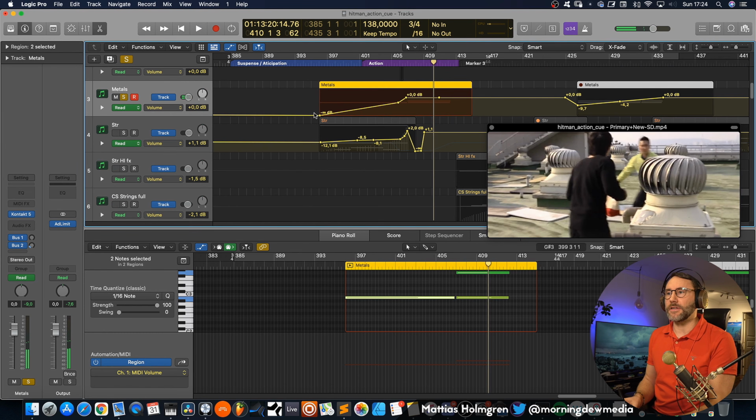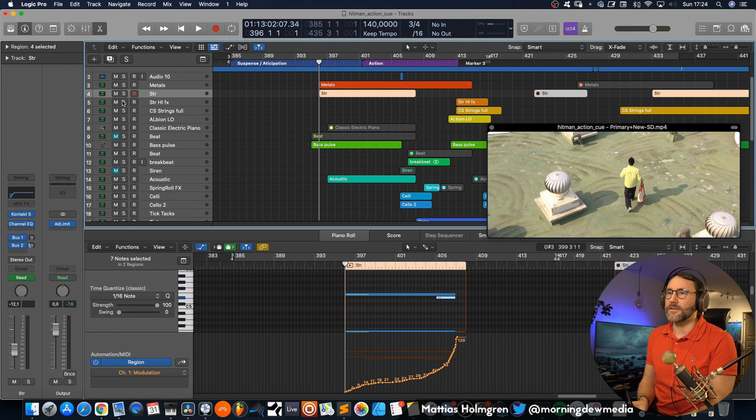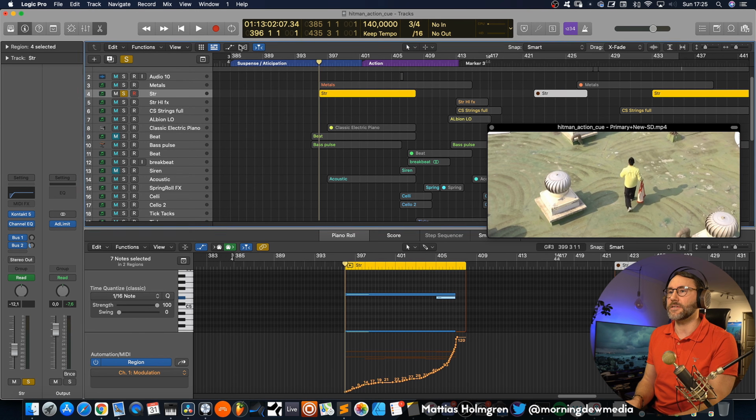You see that I have this volume automation going on many of these patches too, on the metals here and also on the strings. And the strings, I think, are from the first Albion package, Albion 1, or the original, the older Albion package.